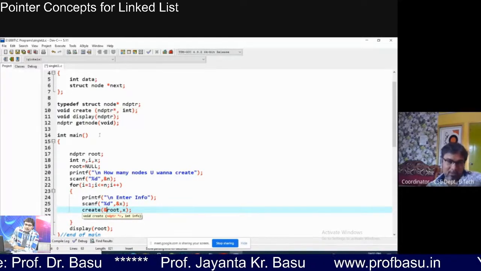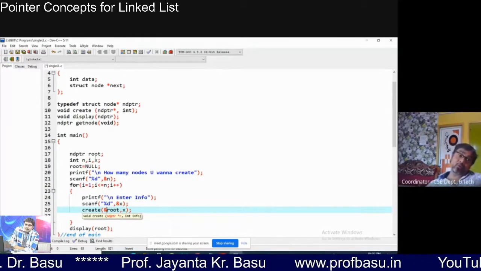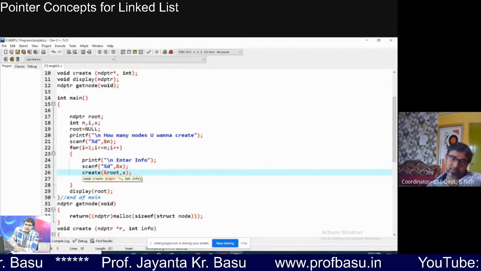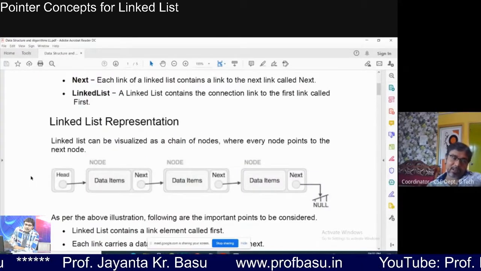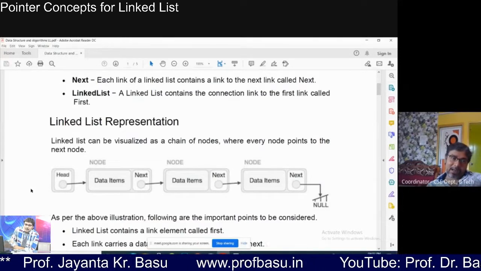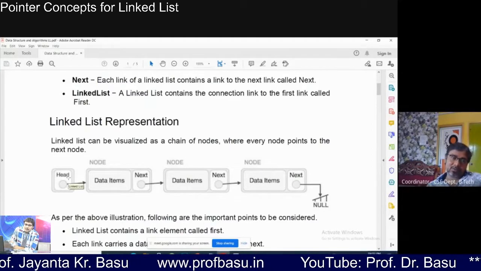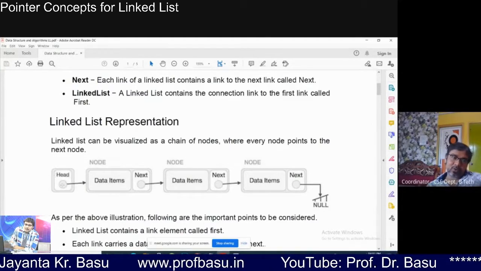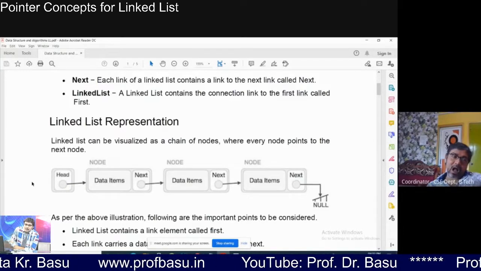Now what type of variable can hold the address of root? Suppose I have taken another variable which will contain the address of this variable. Let's say it is root, and another variable, let's say r.